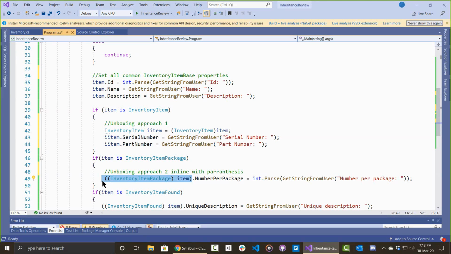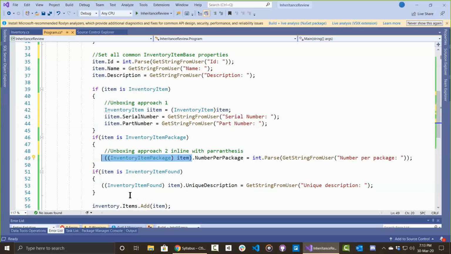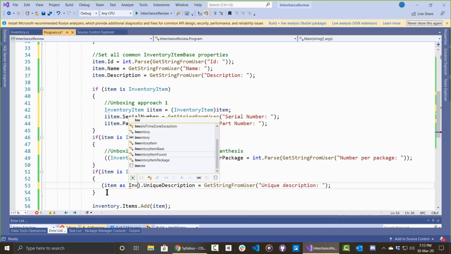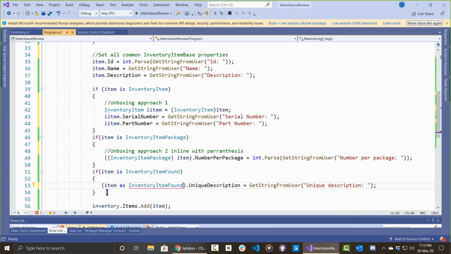Which one, the first one or the second one? No, this is not Python. This is 1280. This is C#. Okay, so